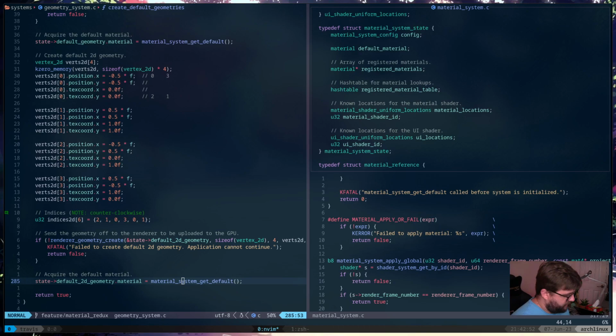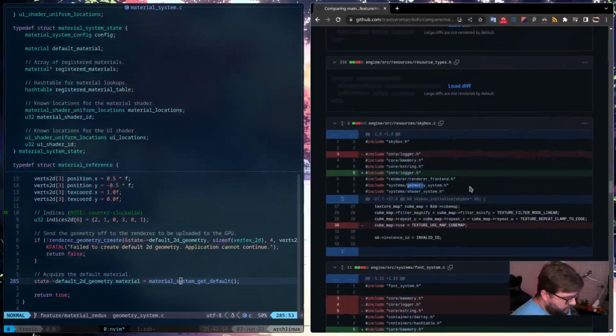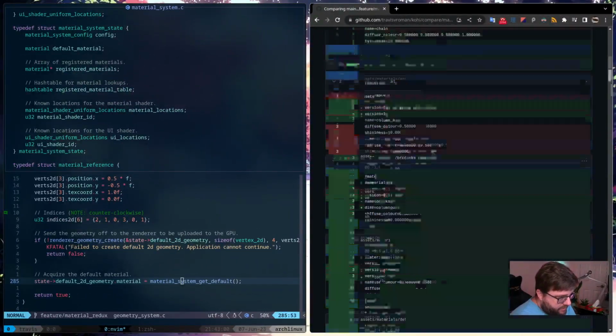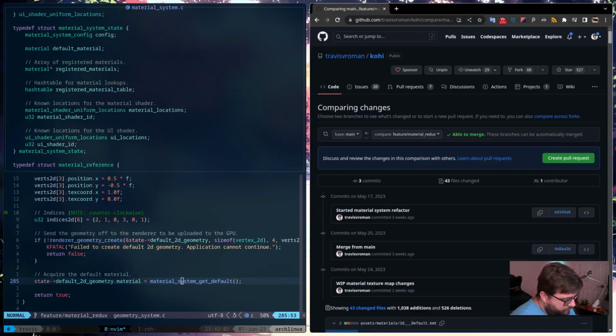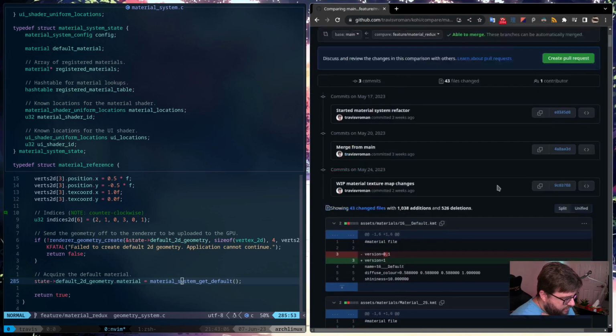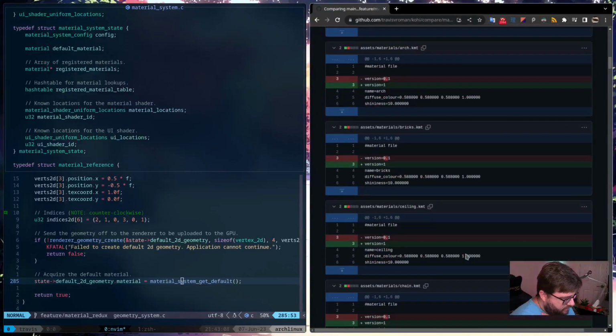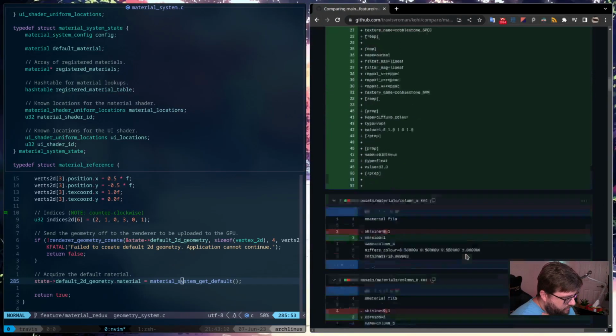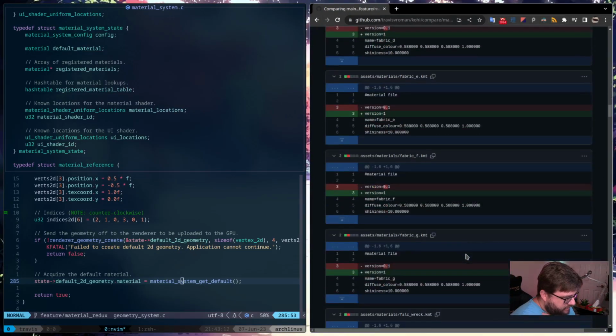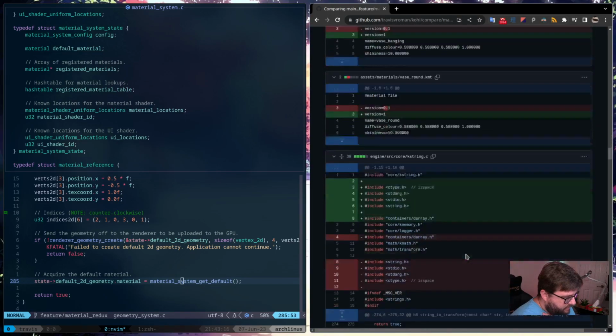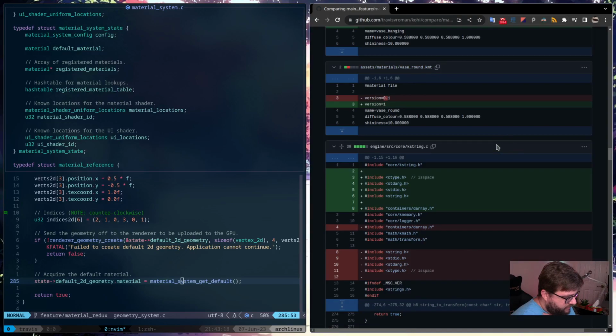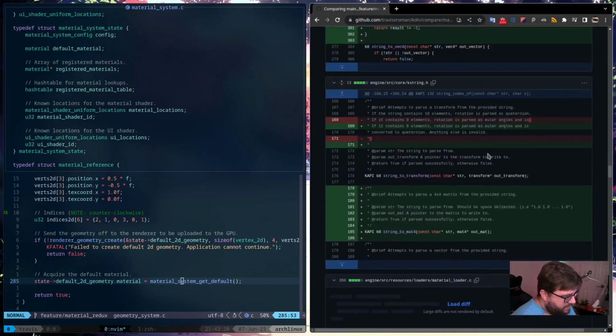Let me actually split this out so you guys can see it too. So I'm basically just doing a diff between our material Redux and our base main branch. I don't think I did anything to this in terms of how defaults are actually obtained. I think most of this is actually just this stuff. K-string, yeah, we know about that.